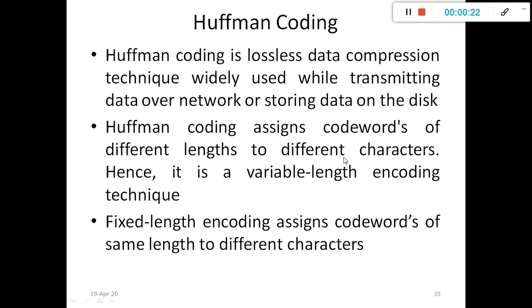Huffman coding is a lossless data compression technique widely used while transmitting data over a network or storing data on the disk. Huffman coding assigns code words of different lengths to different characters. Hence, it is a variable length encoding technique. Fixed length encoding assigns code words of the same length to different characters.